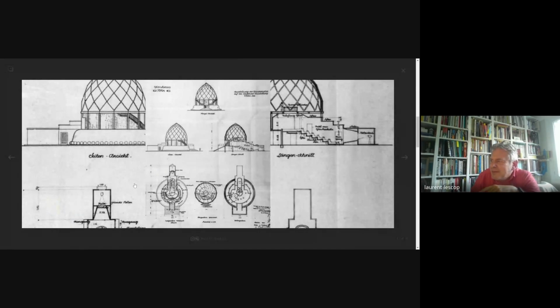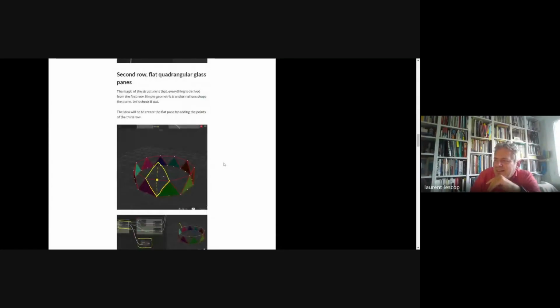To get the shape, I think it's on my website. If I go back to my website, I will show you the basic layout that was used before, or said to be used before.